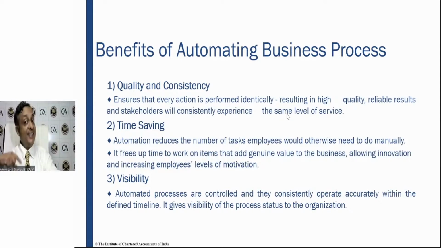So now we are answering the next question. What are the benefits of automating business process? Para 1, you know. Let us go to para 2. It ensures quality and consistency. Now see, what exactly is the idea? When you automate business process, you know what happens? Because it is going to work as per system-defined definitions. So it is going to ensure that the consistency is maintained at each level of operation.